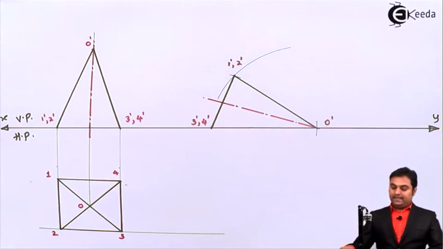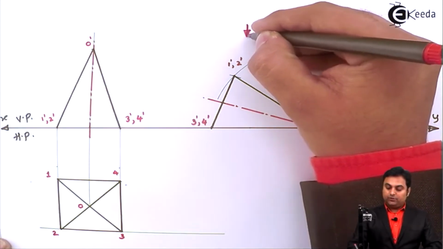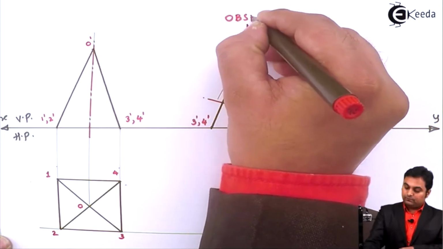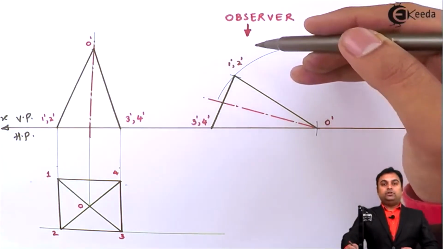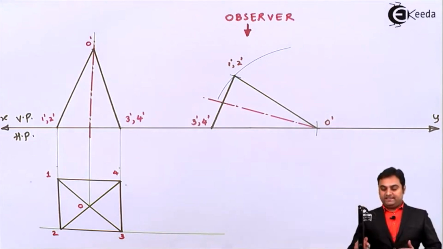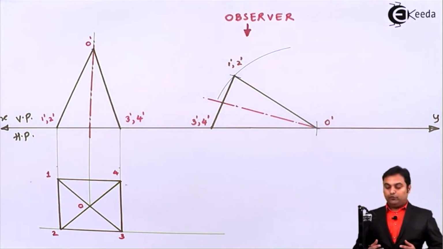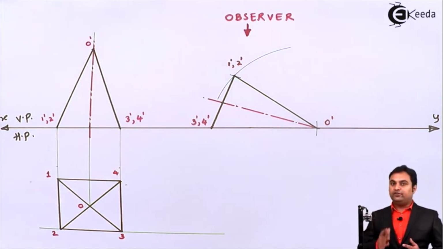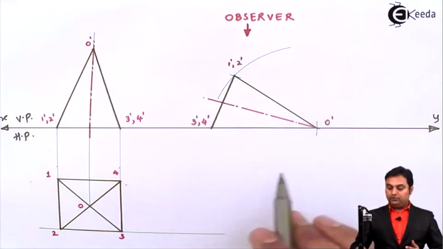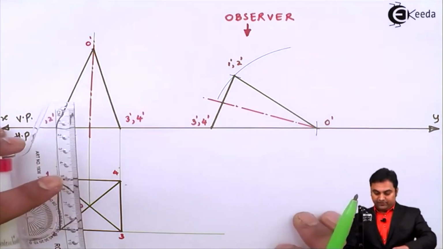Next I'll have to draw the top view and this is my direction. This is the observer. Now when I'm looking from the top, the closest point towards me is 1 dash and 2 dash, that is, this is actually an edge which is clearly visible. So when I am drawing the top view, I need to draw those points or those lines first which are visible to me first, which are closest to me. So compared to all the points, 1 dash and 2 dash are closest to the observer. So projecting them first.